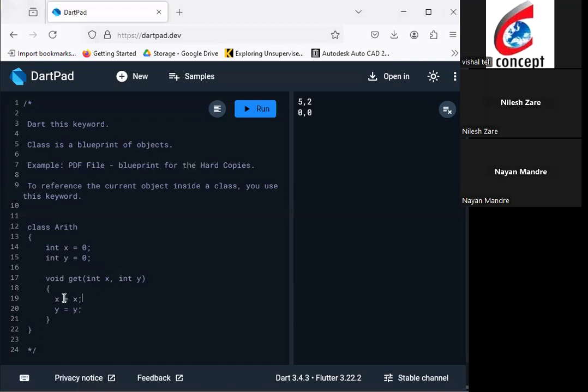Here we don't know which x is being assigned to the object. We don't know if this is the object's x or the parameter x. Basically this x is of the function get. Who is assigning the value to what x? We don't know that. And now, to refer that this is the object x,